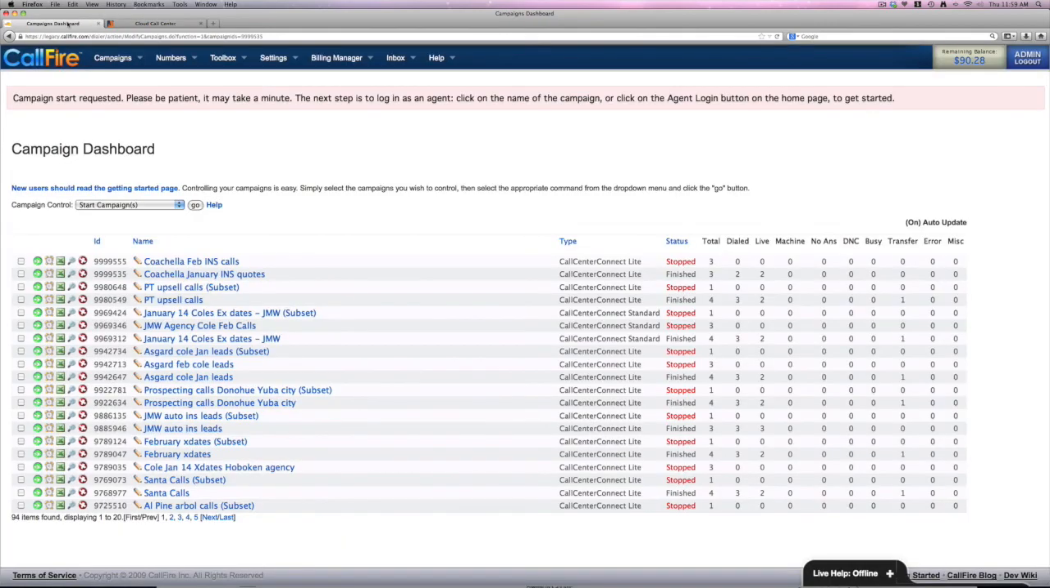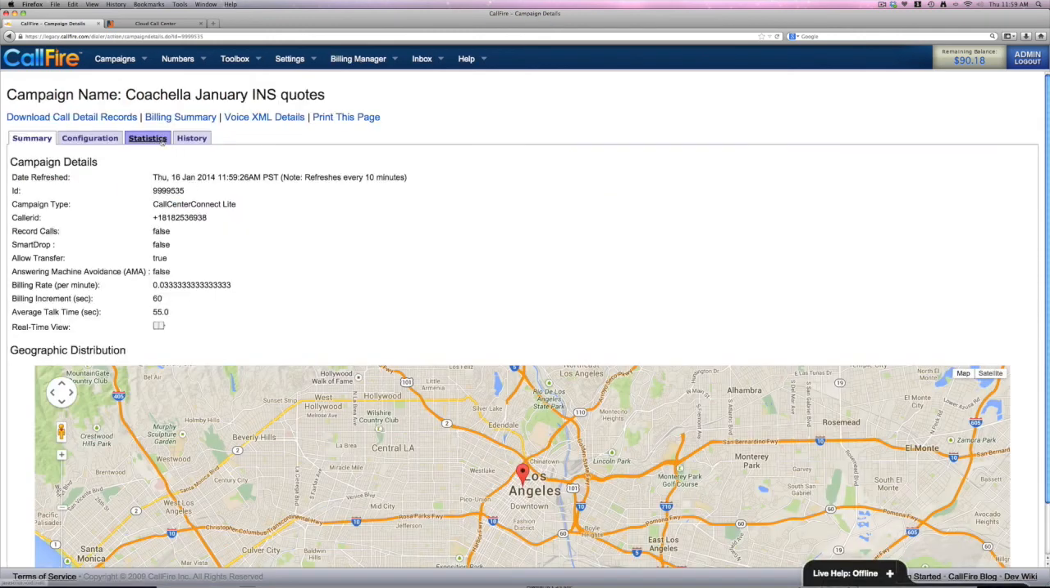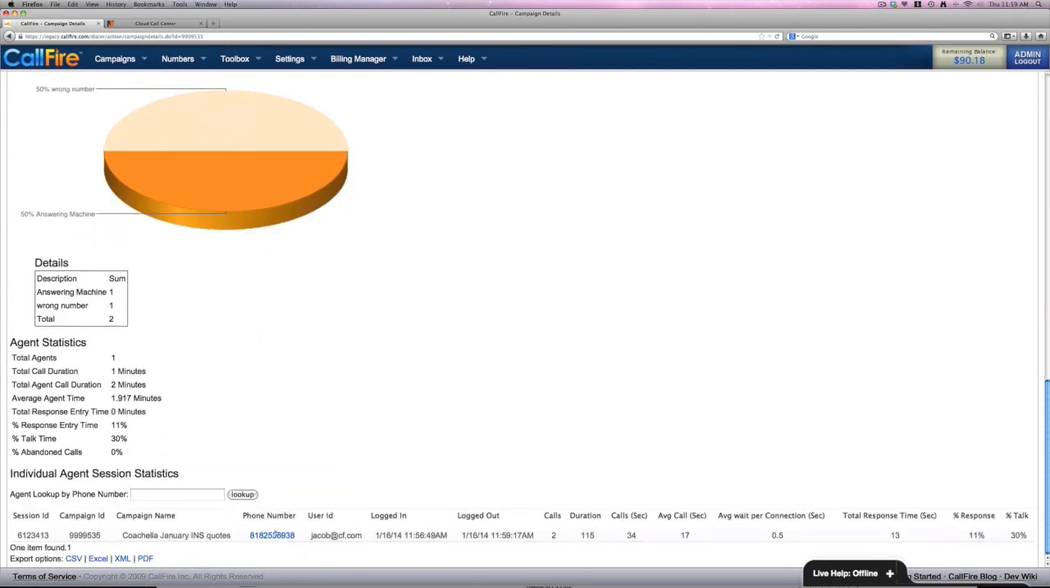We go back to this first tab over here. There are two reports that CallFire provides. One shows you the productivity of your telemarketers when they were logged into the system making calls. To view that report, press on the blue name of the campaign from the dashboard. Go to the Stats tab. Scroll all the way down to the bottom, press on the blue phone number over here,